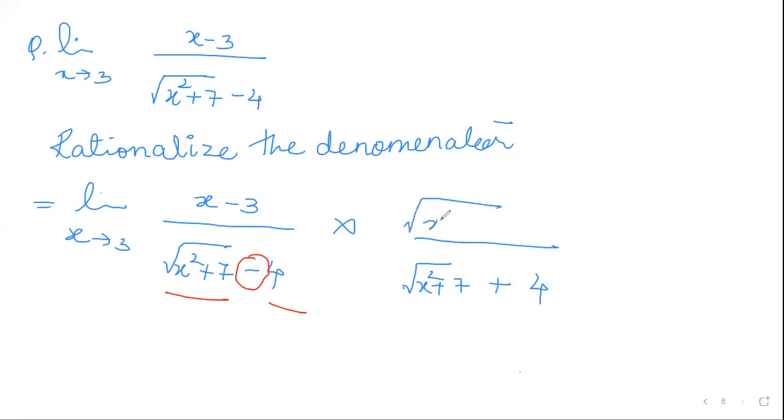Same way here. Okay. So now the a minus b, a plus b formula will apply to the denominator. Again, one more thing. Every time you need not substitute the limit and check whether you are getting the 0 by 0 format. Okay. You are getting that format or you are getting the direct answer. That's the reason the question is given to you.